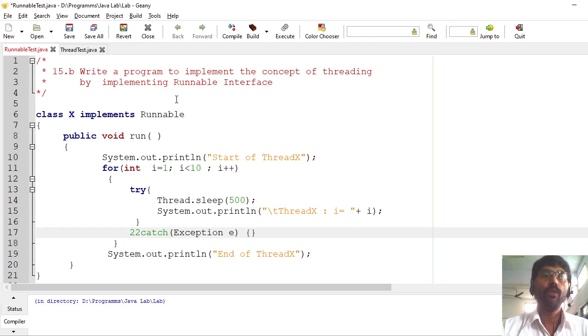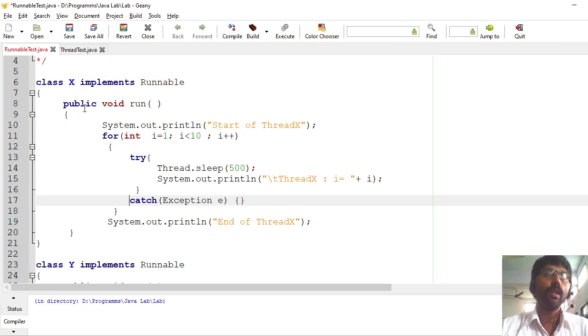You may have a question: if you have a Thread class, then what is the need for one more technique using the Runnable interface? Imagine you have created a class and you want to make that class a thread, but that class is already extended by some other class. So I cannot use the Thread class because multiple inheritance is not provided in Java. So I want to use an interface technique to make a class a thread. How to do it? By using the Runnable interface. I will explain that concept in my program.